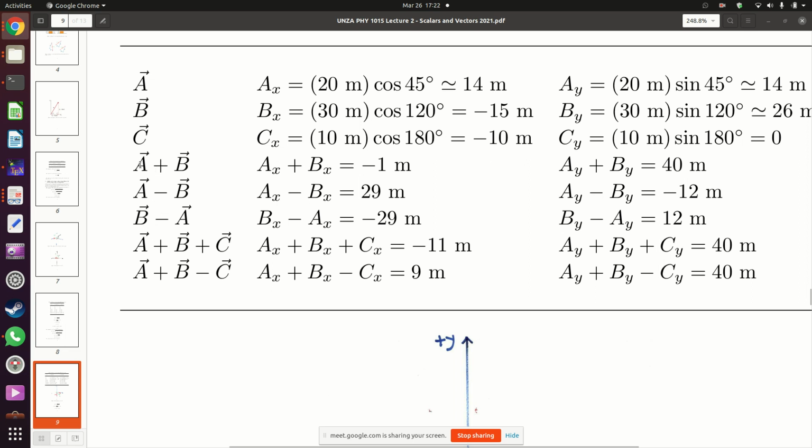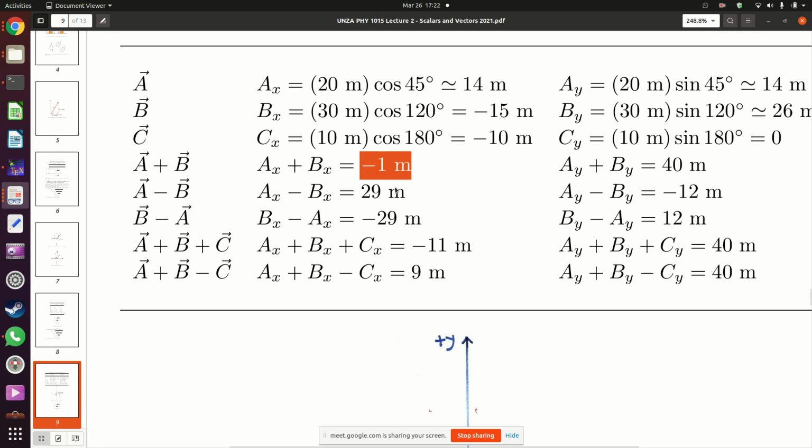Okay, so for A plus B, we need to find out how much A plus B is along the x-axis and how much A plus B is along the y-axis. For such an operation, this is carried out like this. So that is going to be AX plus BX. In this case, AX is 14 meters, then BX is minus 15 meters. So we are going to add 14 meters plus minus 15 meters, and the result of that is minus 1